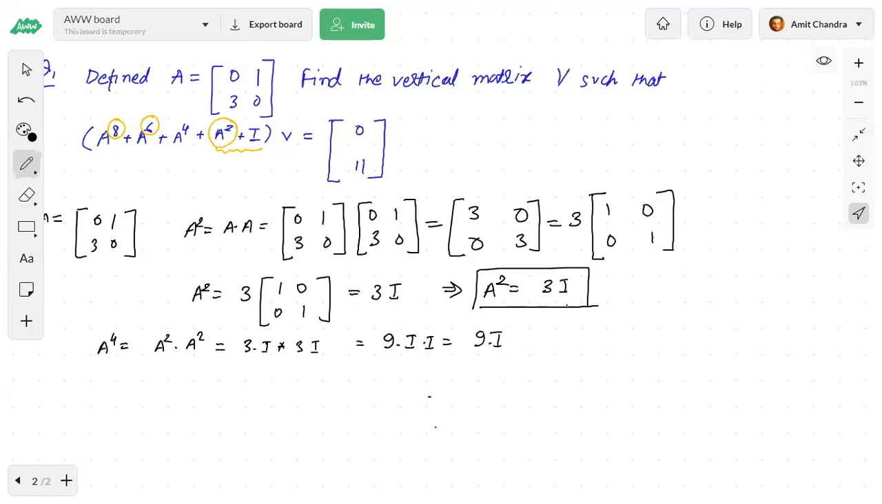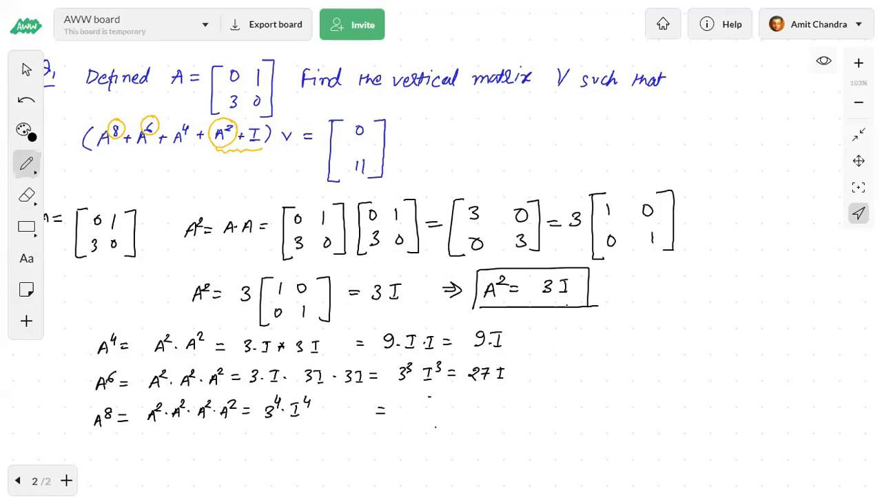Similarly, what can we write as a to the power 6? a to the power 6 I can write as a square into a square into a square, right? Again, this we can write as 3I into 3I into 3I, right? So again, this will become 3 cube into I cube. I cube is simply I, so this will be 27I, right? Now next is a to the power 8. A to the power 8 is equal to a square into a square into a square into a square, right? 2, 4, 6, 8. So this is nothing but 3 to the power 4 into I to the power 4. So this will give you